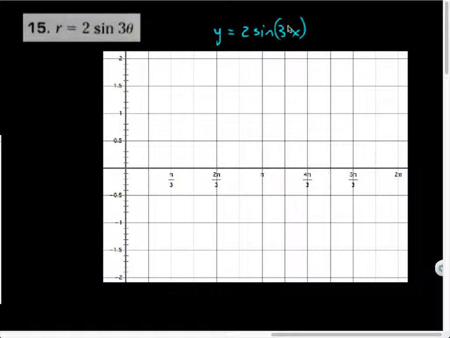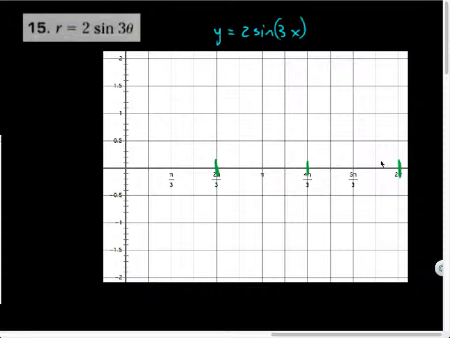All right, now multiplying the x times 3, you might remember that's actually going to shorten the period into thirds. So the regular period would have been 2 pi. So cutting 2 pi into thirds, 2 pi over 3 and 4 pi over 3. So I'm actually going to get like a full sine wave in each of these. So within 2 pi radians, 1 full revolution of all my angles, I'm actually going to cycle through